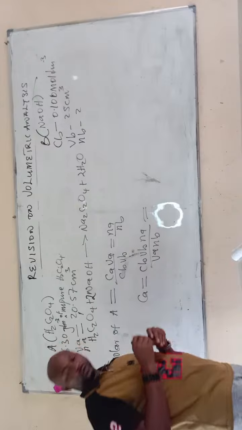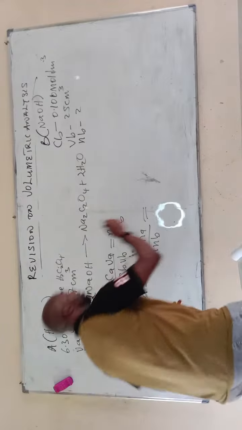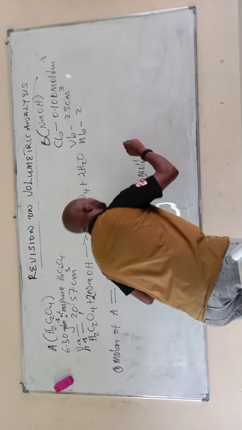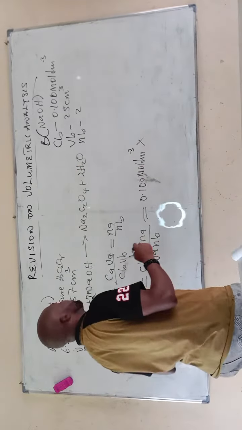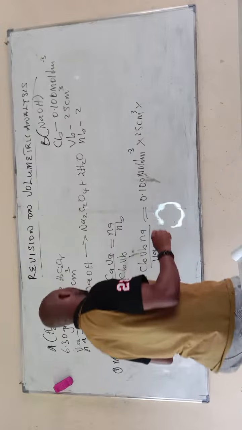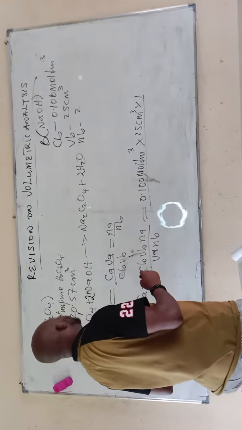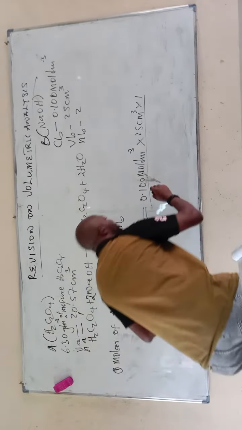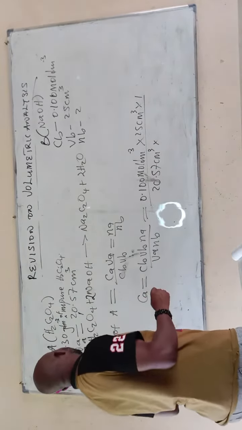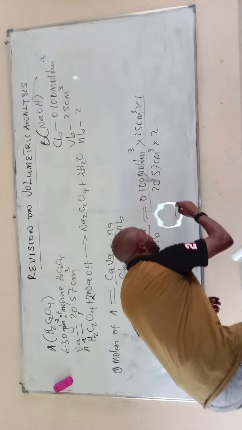And this is equals to, concentration of the base is given to be 0.100 mole per dm³ times volume of the base is 25 times number of moles of the acid is 1 all over volume of the acid is 20.57 cm³ times number of moles of the base NB is 2, and this is equals to,